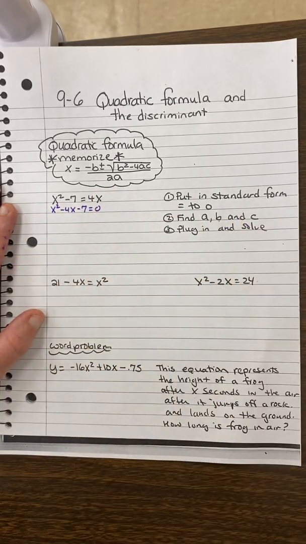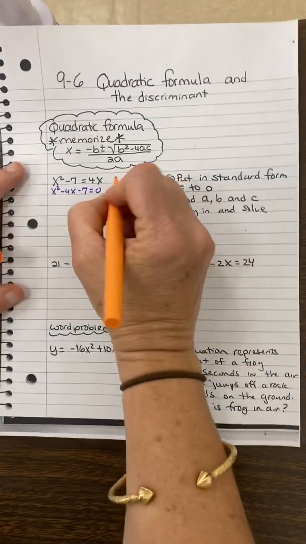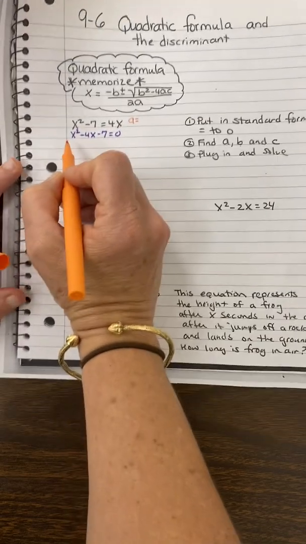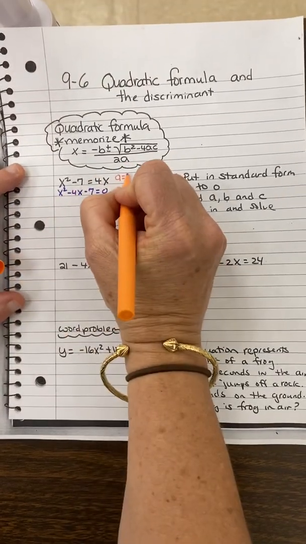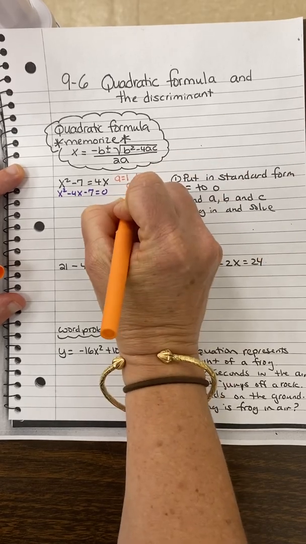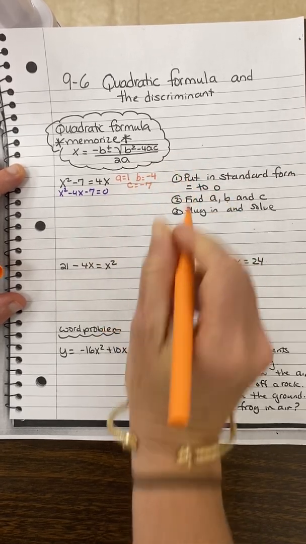Okay, so maybe in a different color, let's see if you guys can see this. A is going to be 1. B is negative 4. And C is negative 7. Okay,